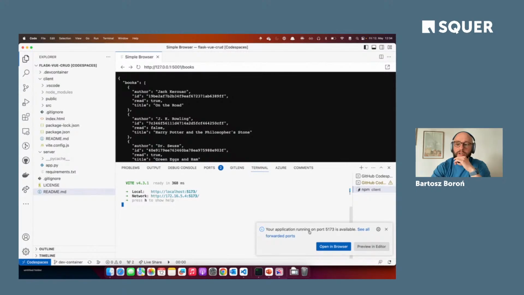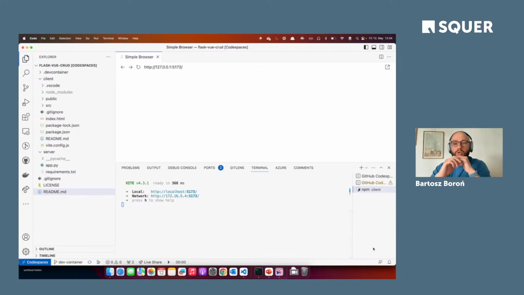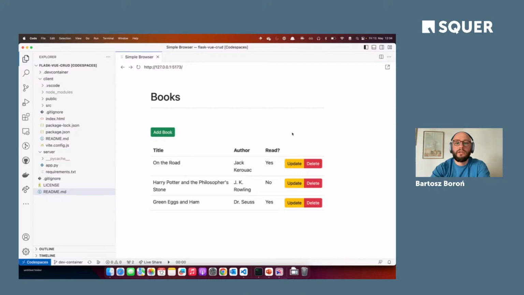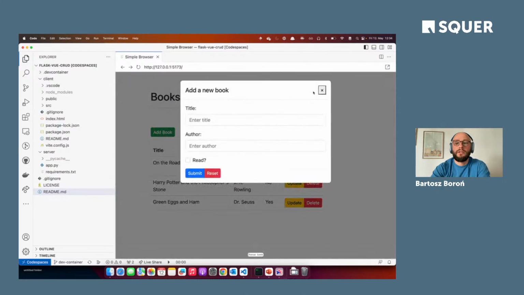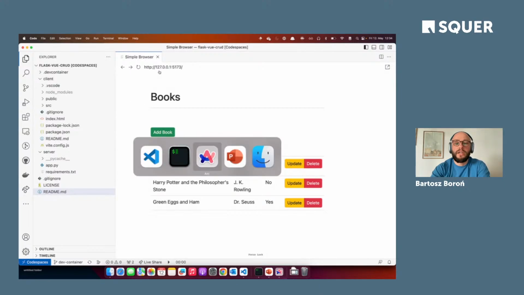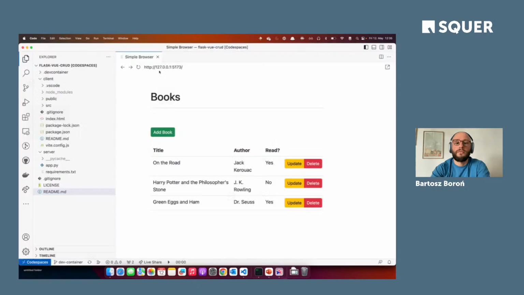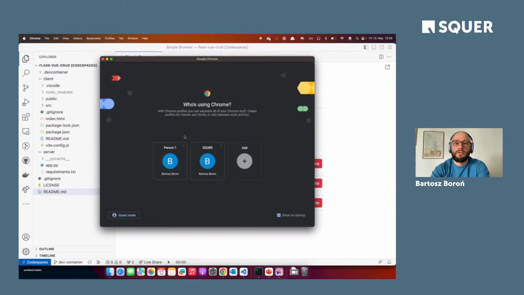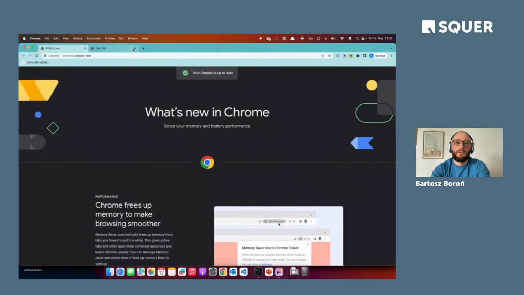Okay, as you can see, it now recognizes a new port that is running, port 5173, which is the Vue run dev server. And I can open it and see the application running locally on my localhost, although it actually runs in the container of Codespace. So this works as well. And now that we have this in the cloud, I could hopefully already see it in my GitHub.